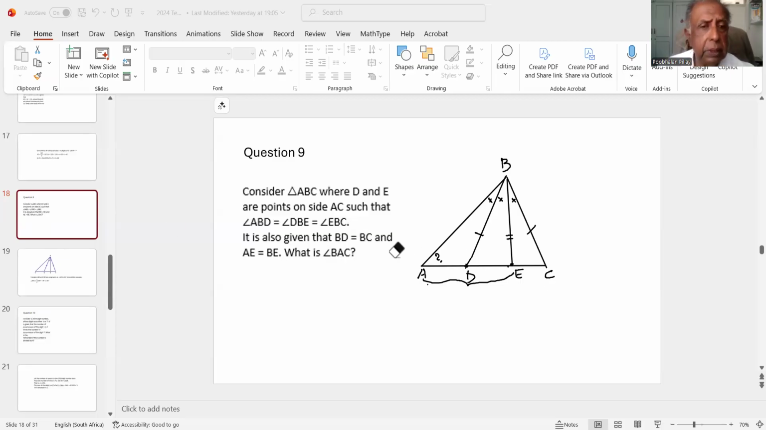Let me put the conclusions in red. Normally in geometry, whenever I make a conclusion, I put it in a different color from what is given. So the given is all in black, and the conclusion is that these two are equal because these two triangles